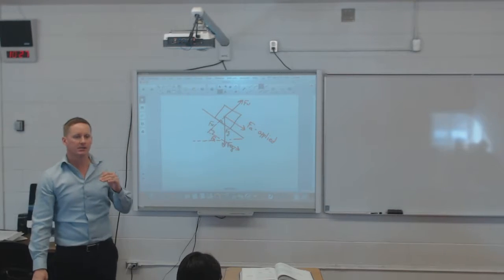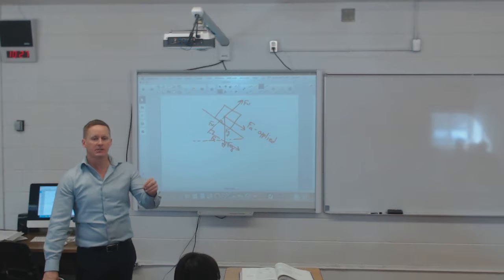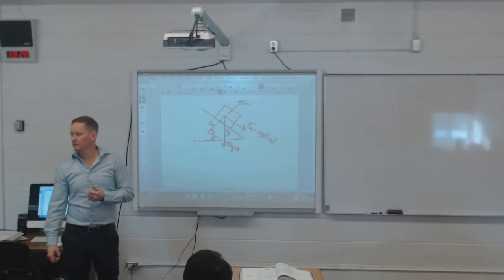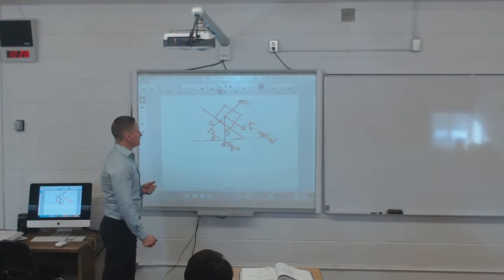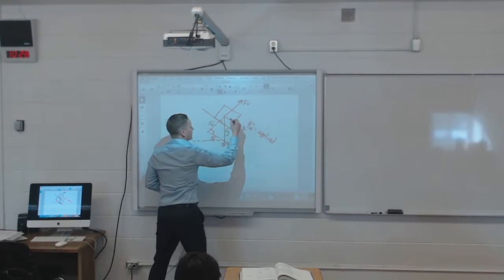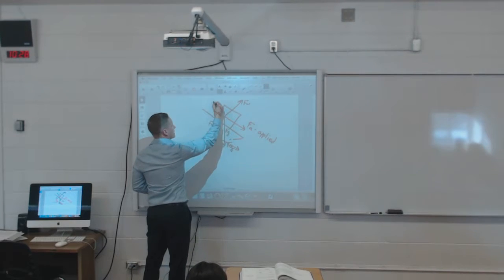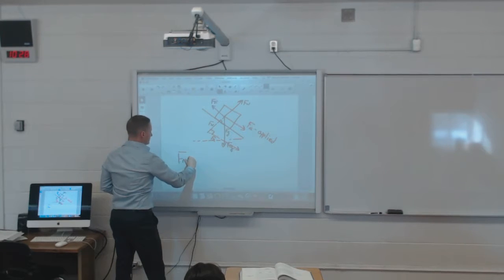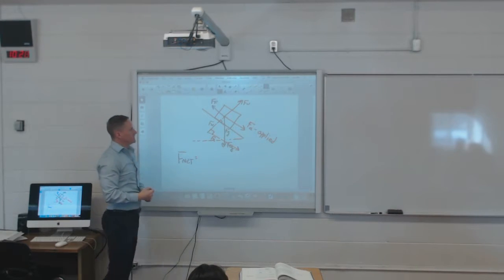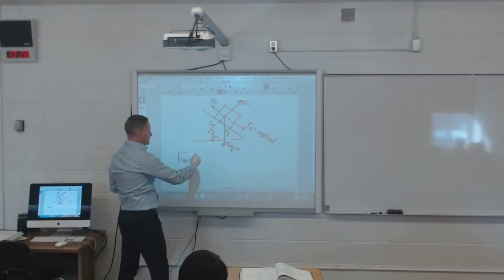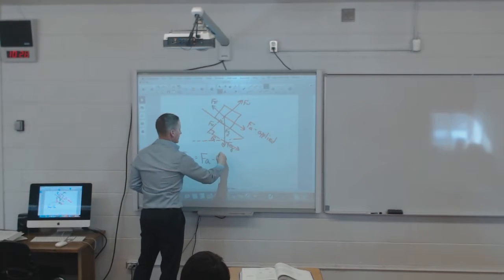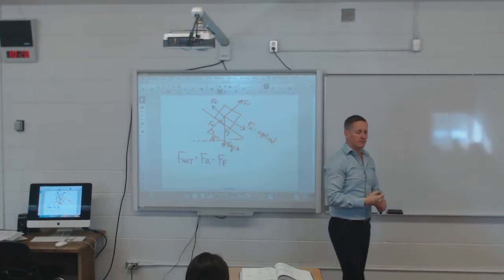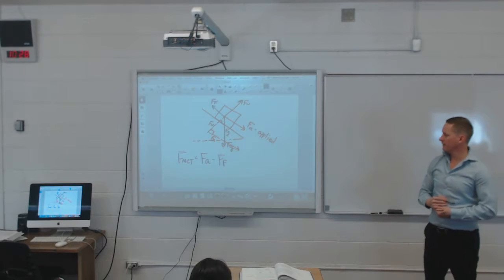I said the net force is your direction of motion force minus what's holding it back. What is holding the skier back? The friction. The force of friction. And the force of friction is working in the opposite direction of the motion. So in this particular question, for example, my net force is found by taking my applied force minus my force of friction.